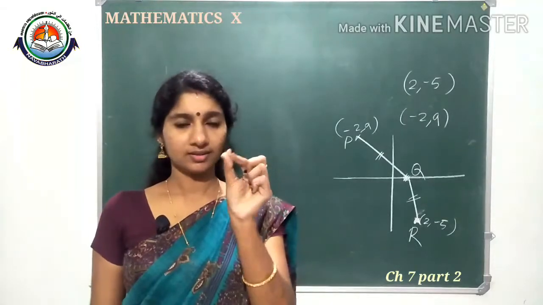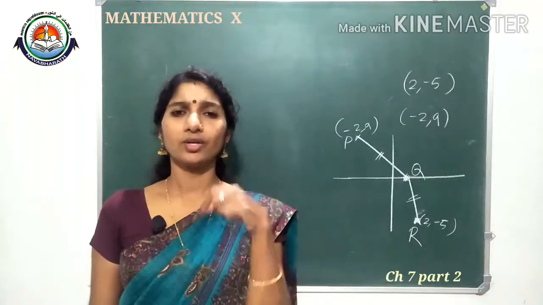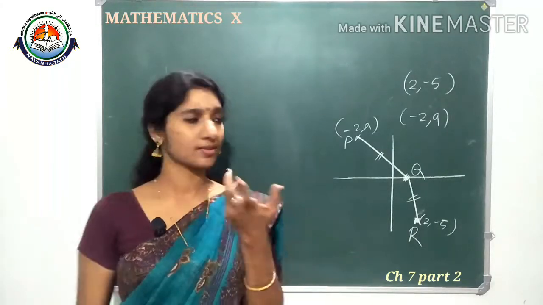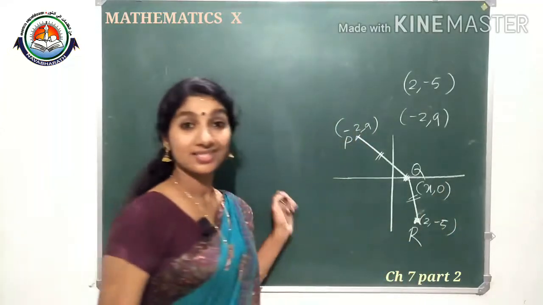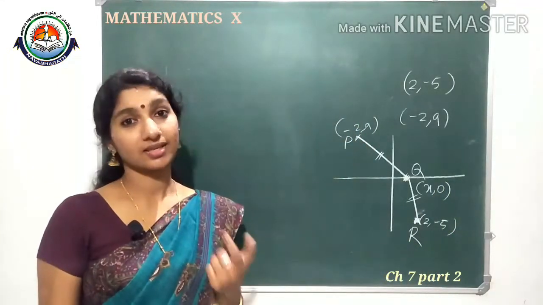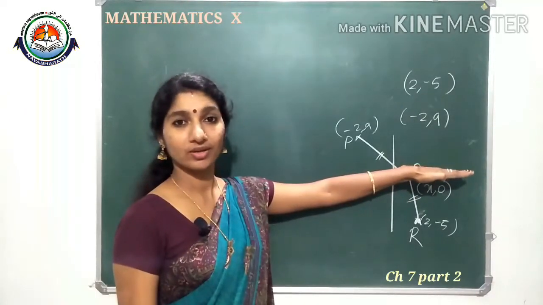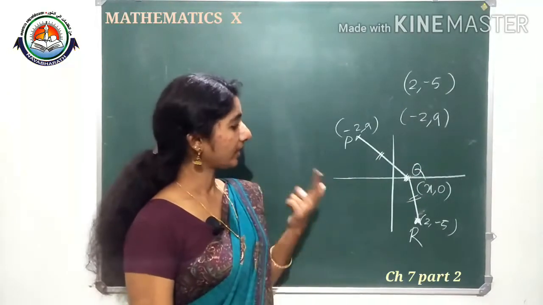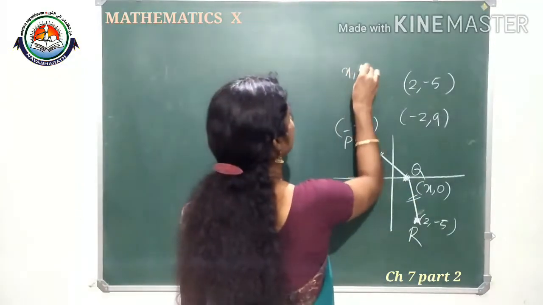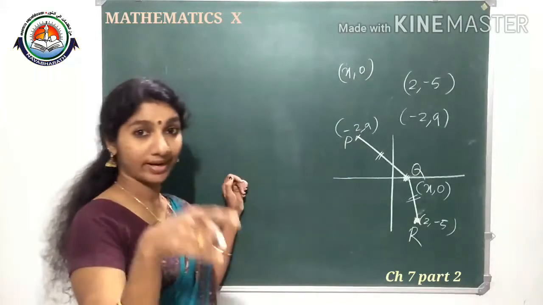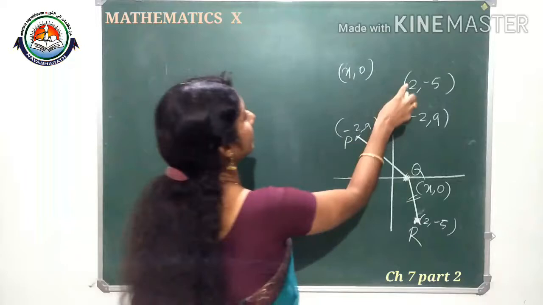A point is there, that point is on the x-axis. How will you take a point on the x-axis? A point on the x-axis you can take as x, 0, since its y coordinate is 0, because it lies on the x-axis. On the x-axis all the points have y coordinate 0. So you can take one point x, 0. So x, 0 is the required point which is on the x-axis. It is equidistant from these 2 points.